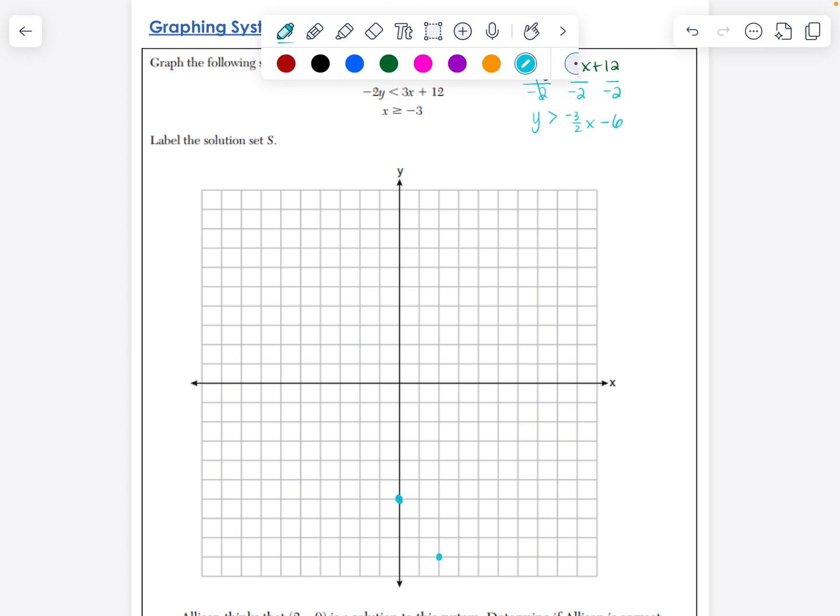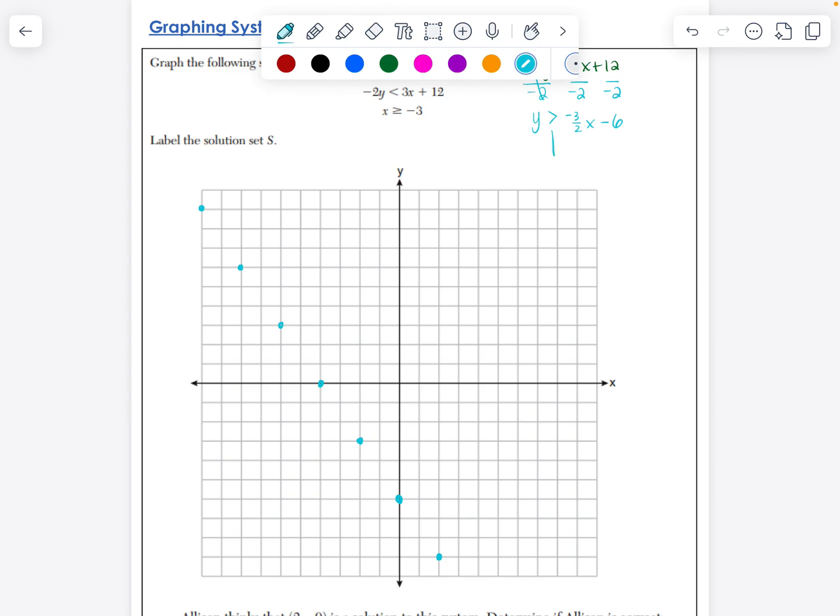And now I have to go in the other direction. So I'm going to go up 3, 1, 2, 3, to the left 2. And I'm going to continue that pattern for as many spots as I can on this graph. Okay? And so what you want to do then is take your straight edge and double check,